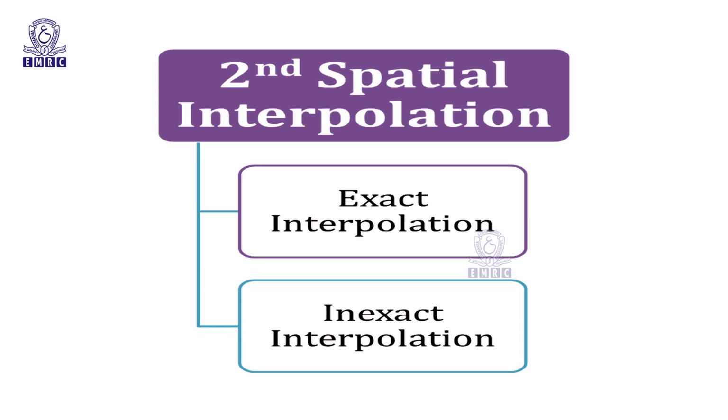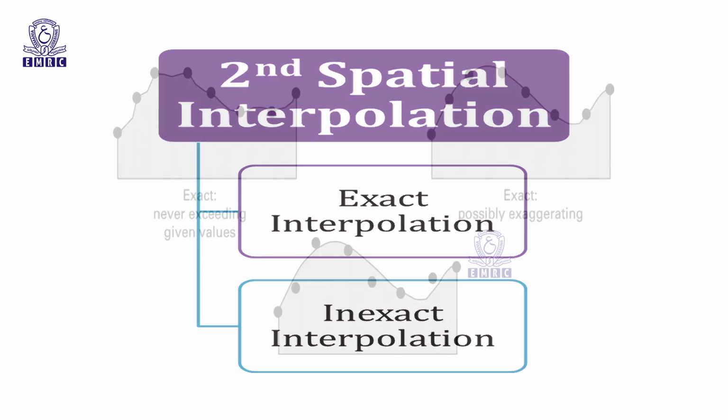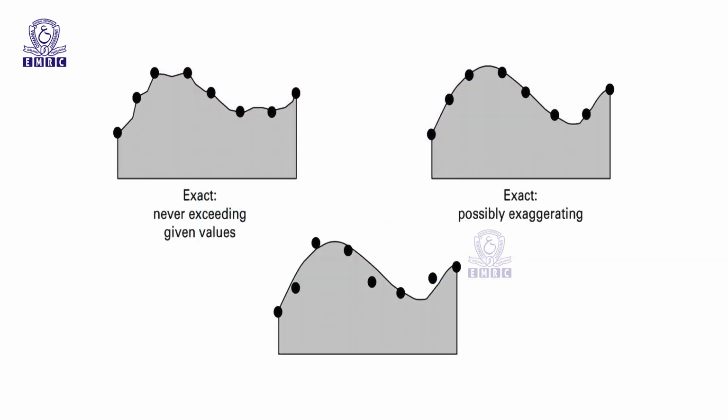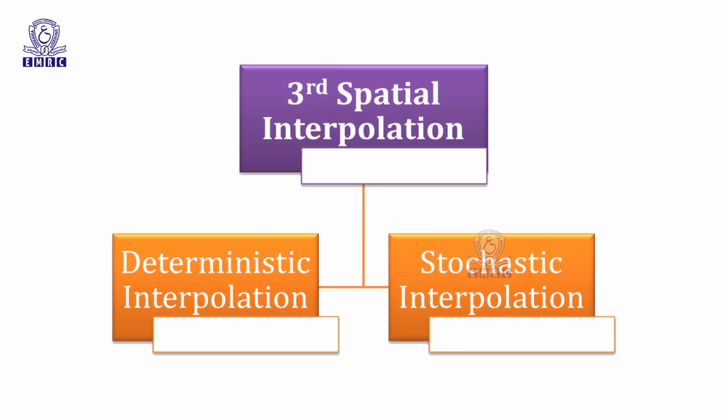The second method of grouping spatial interpolation methods is into exact and inexact interpolation. Exact interpolation predicts a value at a point location that is the same as its known value. In other words, exact interpolation generates a surface that passes through the control points. In contrast, inexact interpolation or approximate interpolation predicts a value at a point location that differs from its known value. The third method divides